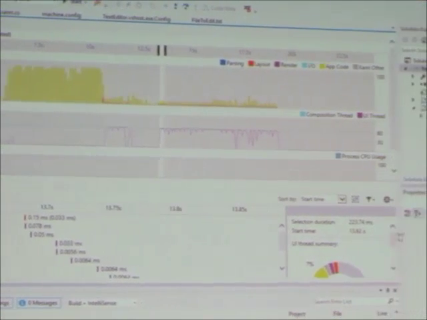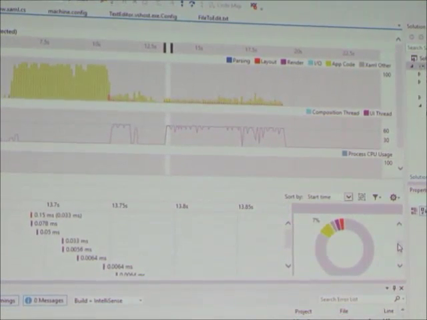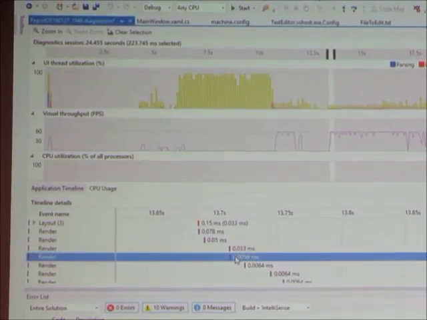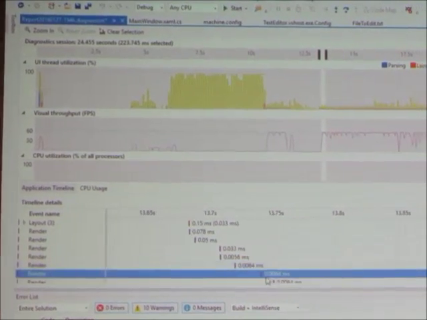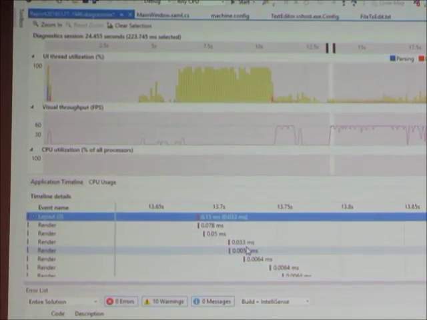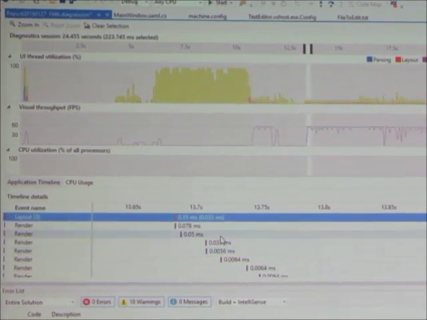And again, you get nice little donut graphs and all that kind of stuff, and as you're pegging down here, you can see what's happening along the way as you go, and you can click each one of these to see what actually happened at each one of these points along the timeline. So that's start